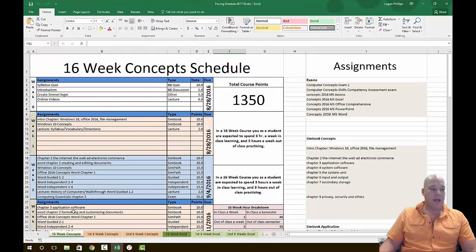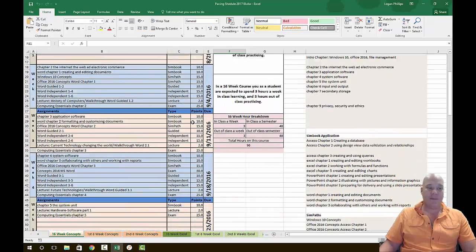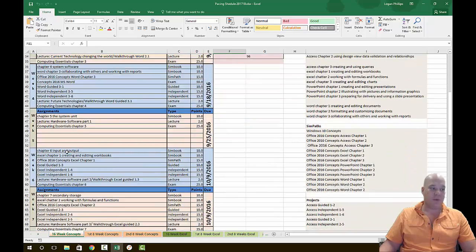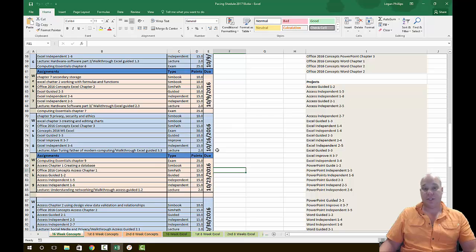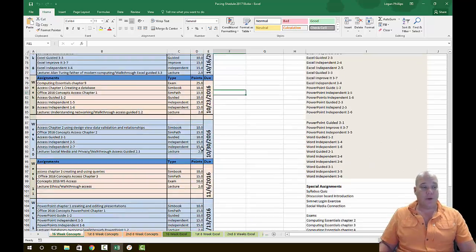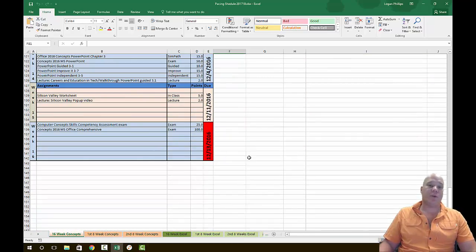It's pretty straightforward. This is for the 16-week concept starting in the fall of 2017-10. You can see that all my dates and all my assignments are assigned a certain week, week 3, week 4, week 5, week 6. All those assignments end on a certain date, which is the Sunday of the week. So my weeks start on Monday and end on Sunday. Again, you can change this however you like, but this is how I do it. And every one of my 16-week courses ends on the final Tuesday of finals week. So on the 16th week, the final Tuesday, which is for me 12/13/2016, is the last day students are allowed